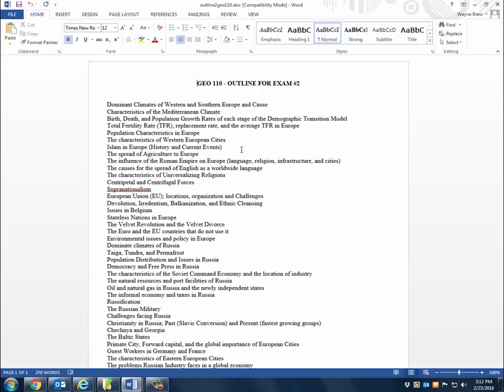And that's why so many European countries are in stage 5 of the demographic transition model, where they're starting to go into population decline. To prepare for this exam, you'll read an article about some of the things that European countries are doing to try to get their birth rates or fertility rates up. When we look at the population characteristics in Europe, that's what it relates to. It relates to the stage 5 decline,